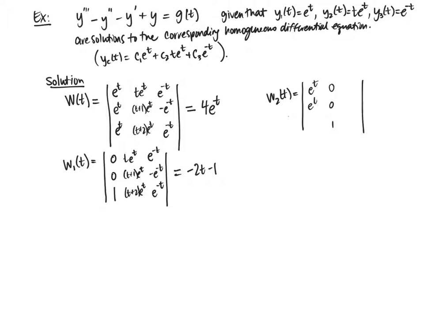e to the t, e to the t, e to the t, e to the negative t, negative e to the negative t, and e to the negative t. Okay, so I compute that determinant, and you actually end up with 2. Anyway, you compute the determinant, you simplify it down, you end up with 2. And